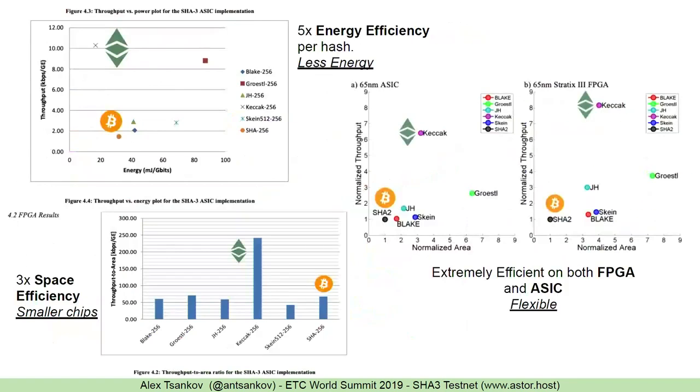There were a number of other trials that were being run against it. You had the energy efficiency test. So it's about 5 times the energy efficiency per hash of SHA-2. It has 3 times the space efficiency, and it's extremely efficient in both FPGA and ASICs. So that really matters both in the mining community, but also on integrated hardware like cell phones or a variety of other things that might need to run nodes where they're doing a lot of SHA-3 calculations all the time. Yeah, please look through this stuff. There's hundreds of papers written on this. This is not like some secret that is just being discovered.